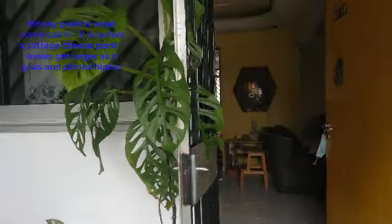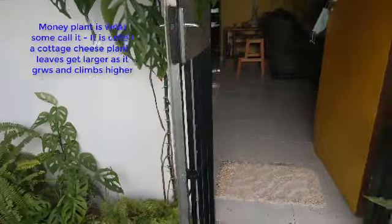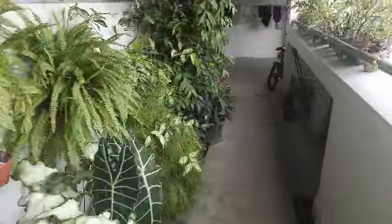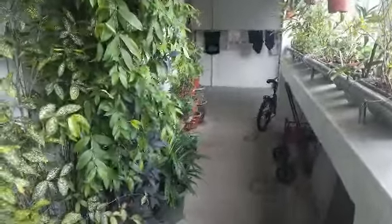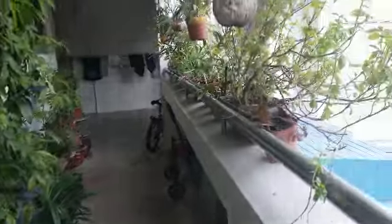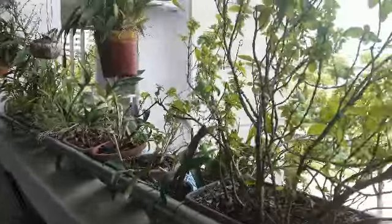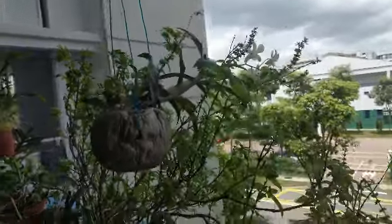We've got a money plant, and from here onwards we've got plenty of plants. These are all Hazel's plants, and this is our gardening. And we have basil, to orchids, hanging orchids, to